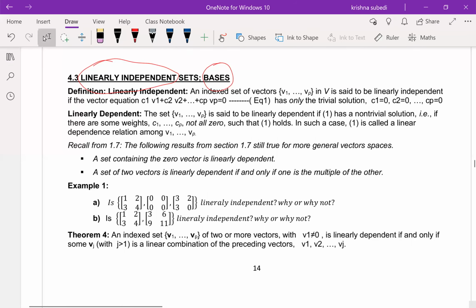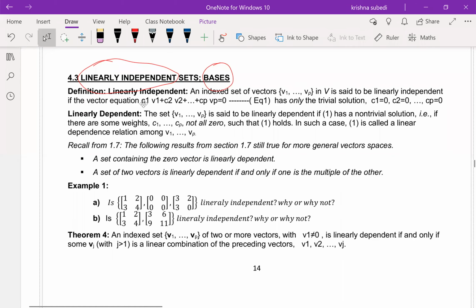Right? We have already discussed linearly dependent and linearly independent sets in our last class. We'll just quickly review that concept. I would like you to read that definition. The definition that we discussed in chapter 1 is that linearly independent means an indexed set of vectors, v sub 1, v sub 2 up to v sub p, is said to be linearly independent